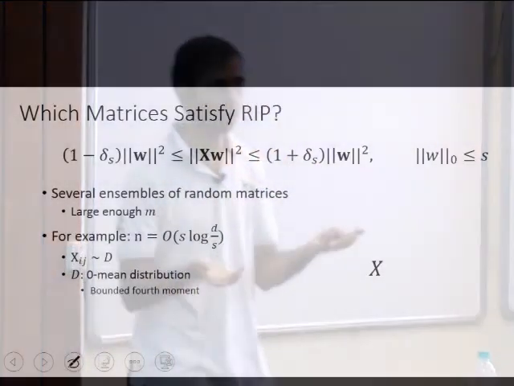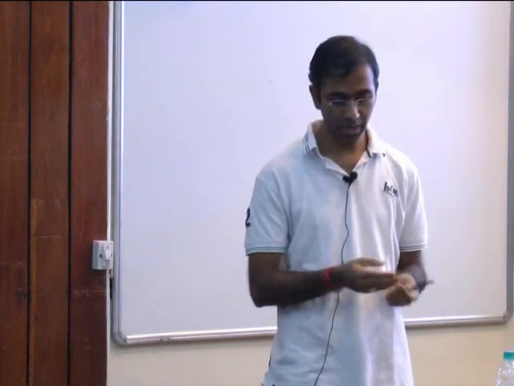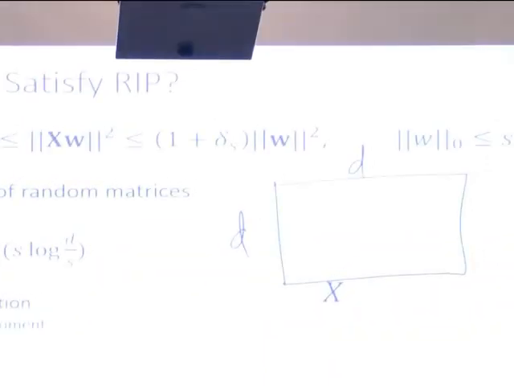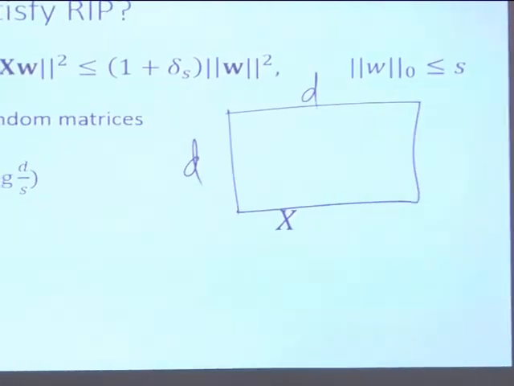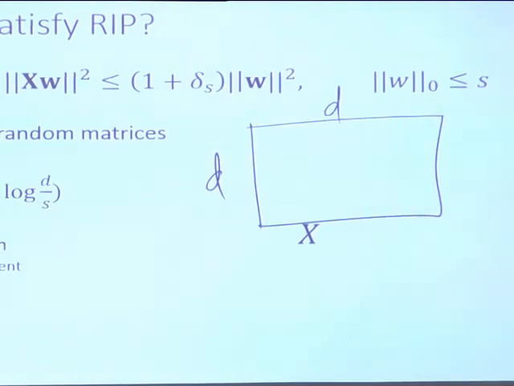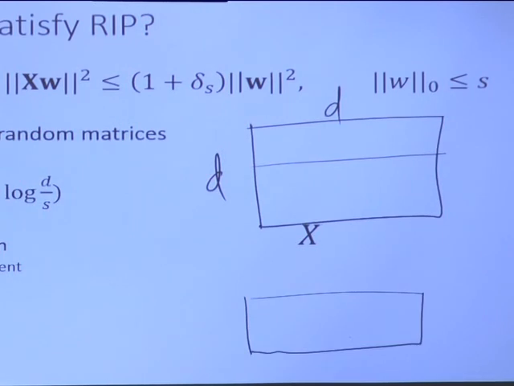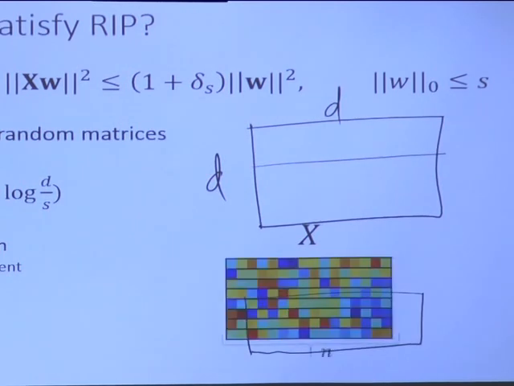Now one question is that I am talking about this restricted isometric property, but is this property even satisfiable? Are there matrices that really satisfy it, and are those matrices interesting? What if the matrices that satisfy this property have d rows? If the matrix has d columns and d rows, then I am not gaining anything. That says I need d observations, and I could have anyway solved that using simple least squares. Why do I need all this structural assumption? So I would need this matrix X to have a very small number of rows. It should be very fat. And that happens if,